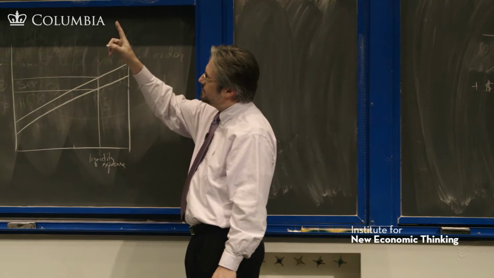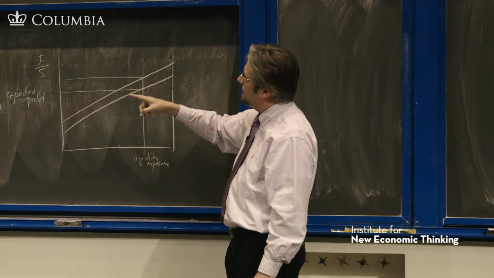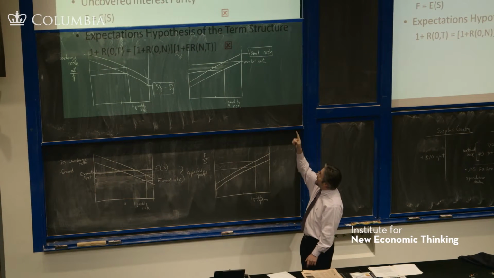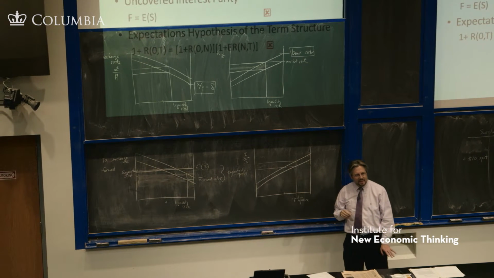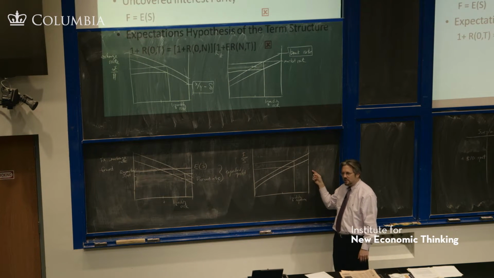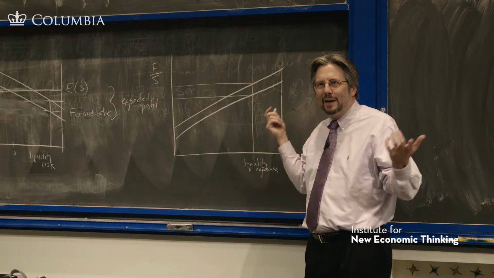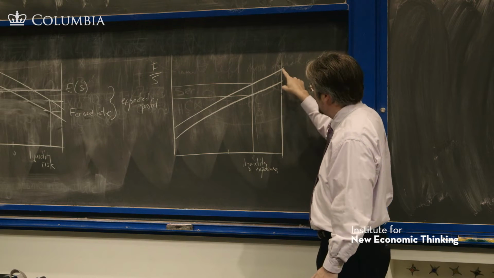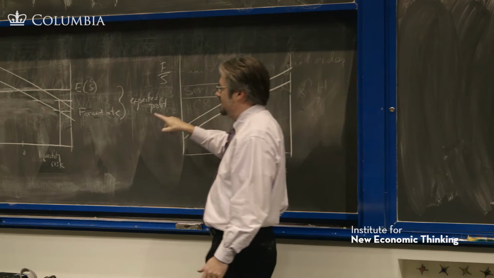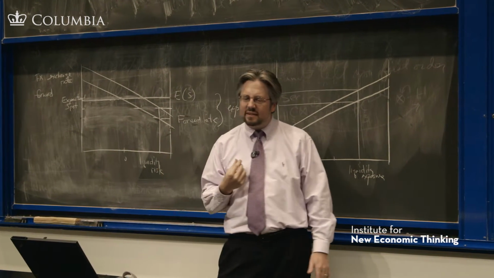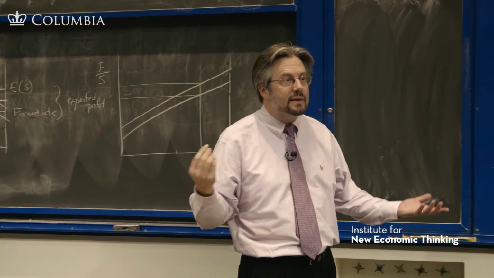Now notice the contrast with the diagram above, which is the gold standard world. We had these backstops by the central bank, the gold points. We had the bank rate. We don't have any of those things here. So you let me draw this up without telling you what the outside spread is, and really that's what makes this whole model go, right? You've got to know what the outside spread is in order to know where you're going to have that thing intersect, and the same here. So this just raises the question: if the central bank isn't setting that outside spread, who is? And where's this all coming from?